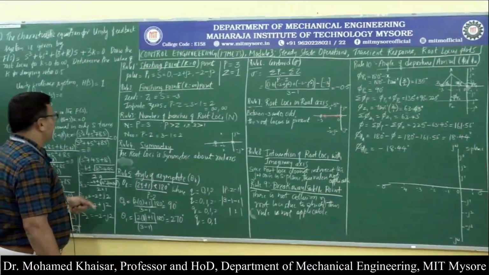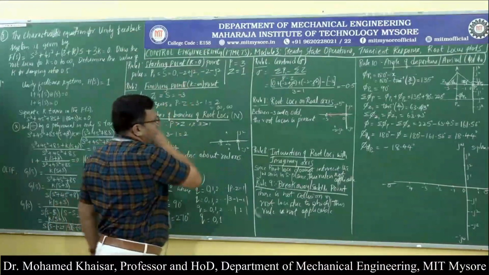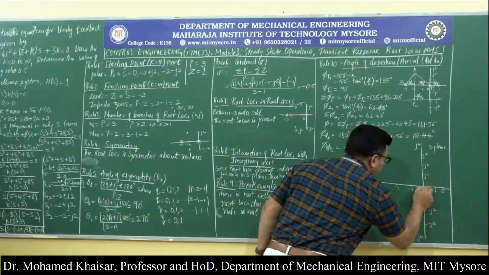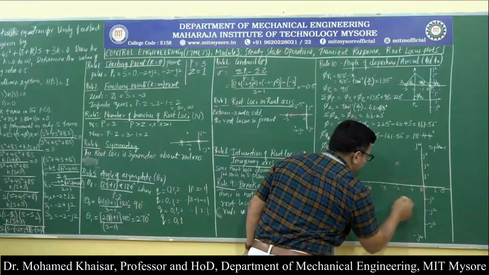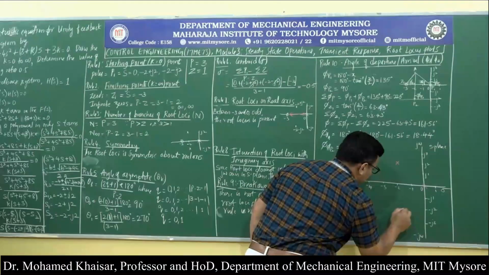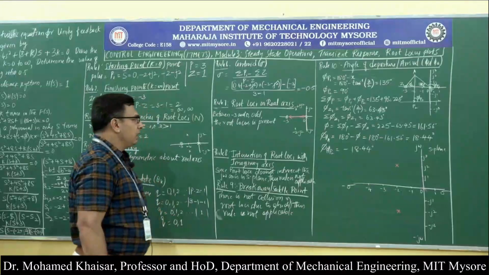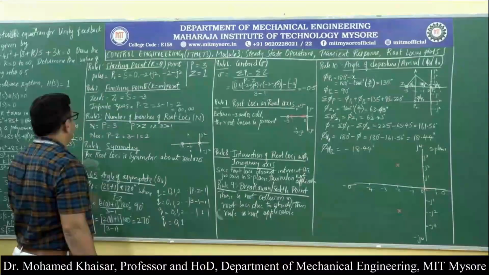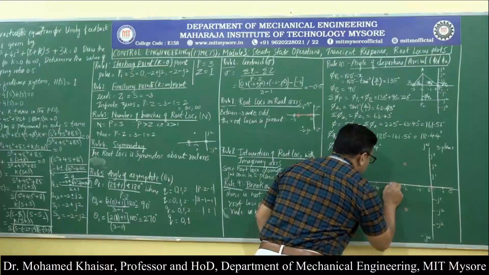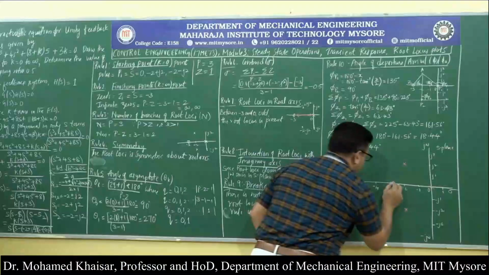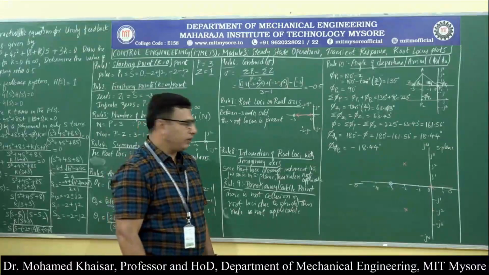See here, the poles that we have got will be 0, minus 2 plus J2, and minus 2 minus J2. So at 0 there is a pole, at minus 2 plus J2 there is a complex pole, and at minus 2 minus J2 there is a complex pole. Then there is a zero at minus 3. We will write it with a different chalk. A small circle denotes a zero.